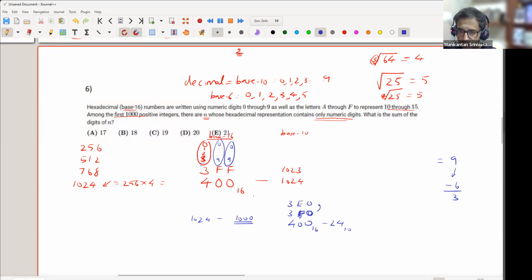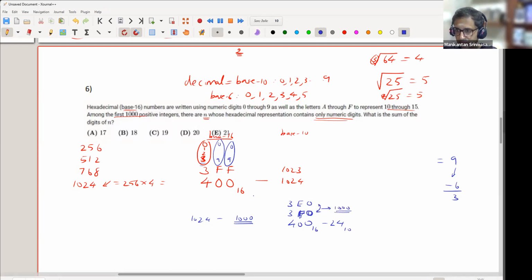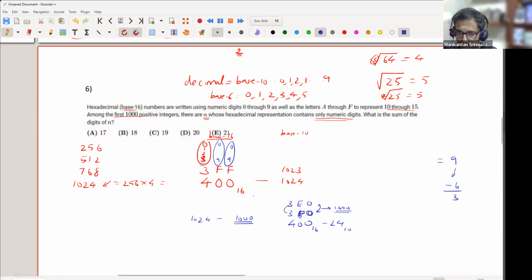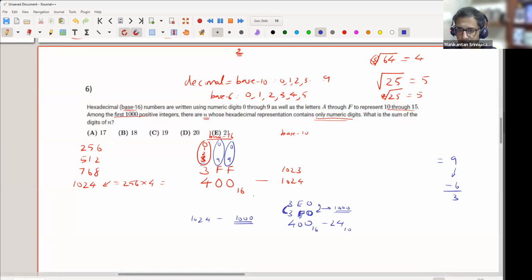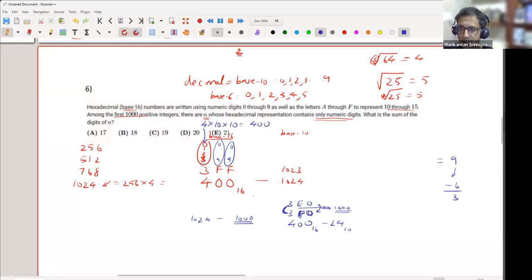Somewhere in between these two, we are going to get 1000, correct? But all of these numbers anyway have a digit like E or F, so they won't get counted. So for all of our numbers till 1000, we have the flexibility of picking any one of 0, 1, 2, 3 in the first place, 0 to 9 in the second place, and 0 to 9 in the third place. So we have 400 such numbers,